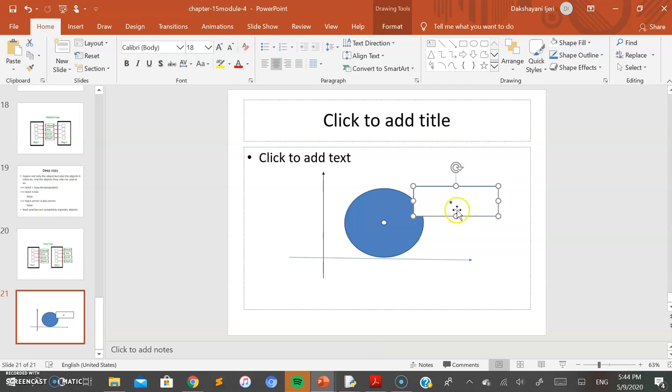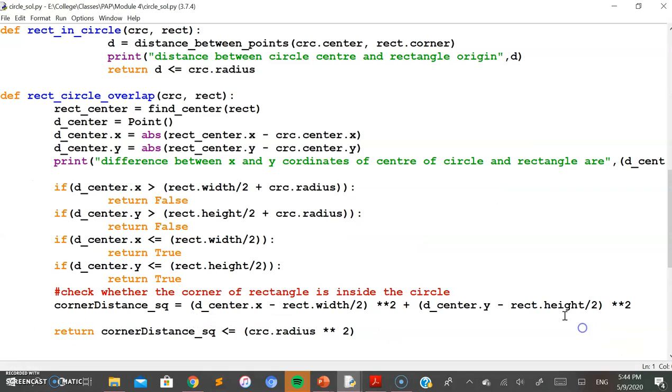So how to identify the x and the y values: if you see here, you need to find out the difference between the x value for the center of the circle and the x value for the center of the rectangle, and similarly y for the circle and y for the rectangle. That's what has been done here as the solution calculation.